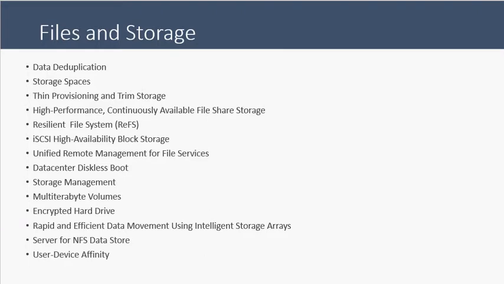Topics for today around file and storage. We will be covering data deduplication, storage spaces, thin provisioning and trim storage, high performance resilient file system, iSCSI, high availability block storage, unified remote management, data center